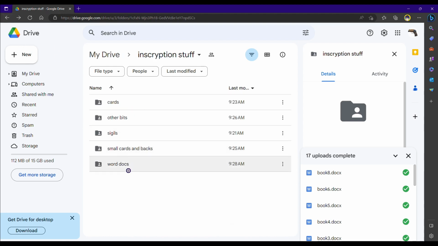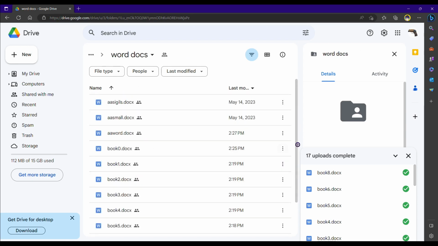And finally, in this folder, which is the folder that you're going to want to go into if you're making the book. And if you haven't made the book yet, obviously, or if you haven't made anything else yet, you can use these to do the other stuff. But in here, we're going to find the things for the book. Now here I have the document for the sigils printing, the small cards printing. This one that's just AA Word is for the regular card printing,